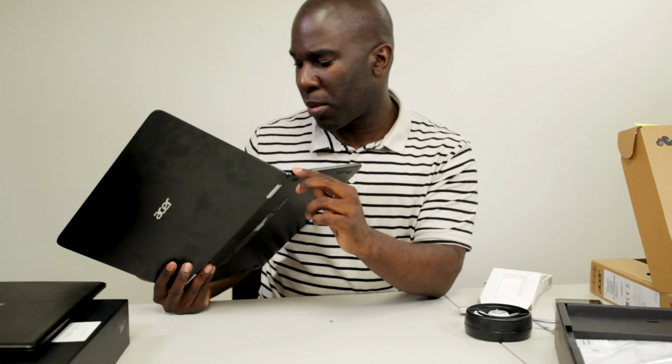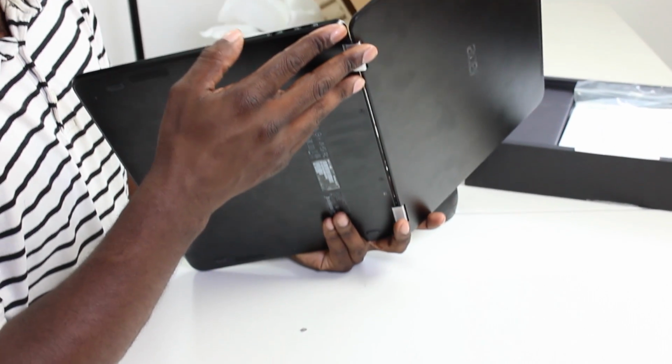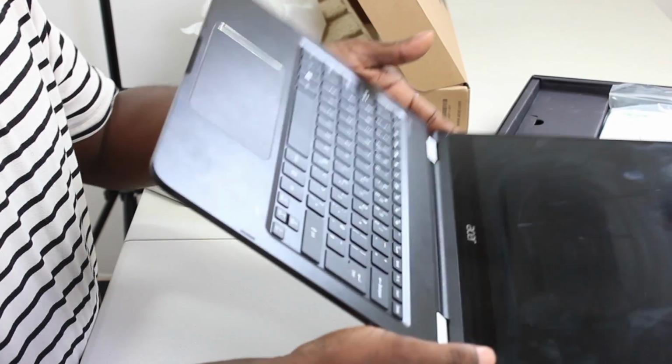What's this button? I can't remember what this button does. Right, that's a sleep button, no, power button, sorry. And that is my volume button rocker up and down. It's got a 3.5mm jack port on the side there. It's got two Type-C, USB 3.1 bus speeds on the side there, and it's got nothing else on the